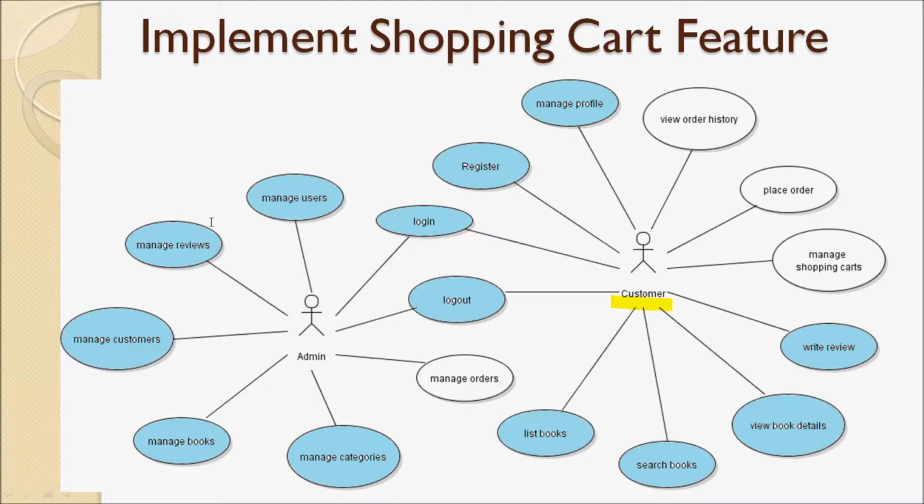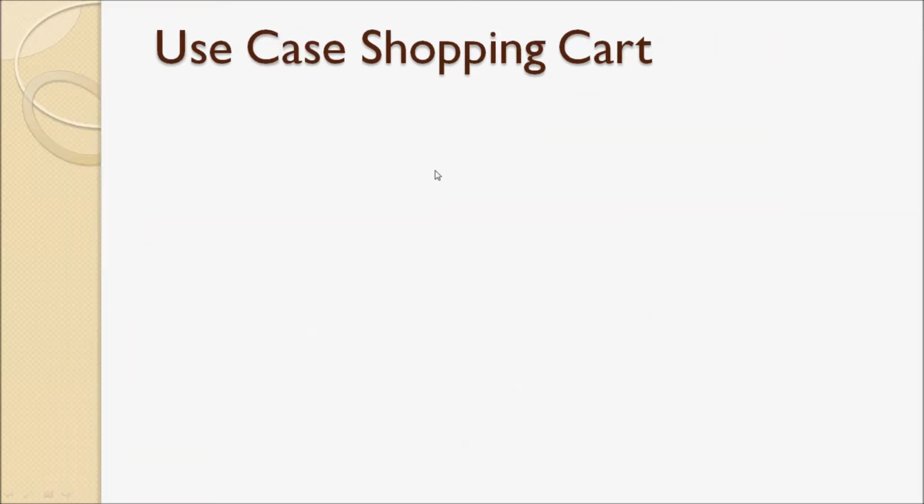You see, this is an overview use case diagram of our application. All the use cases in cyan color are already implemented, and the use cases in white color have not been implemented yet. And in this section, we are going to implement the Manage Shopping Cart use case here for the customer. And this is a detailed use case